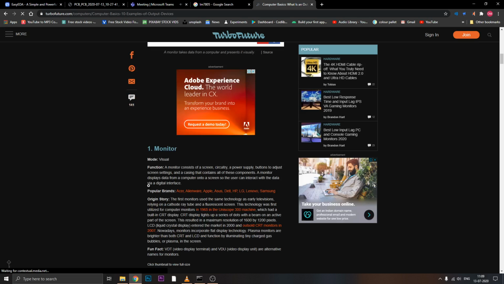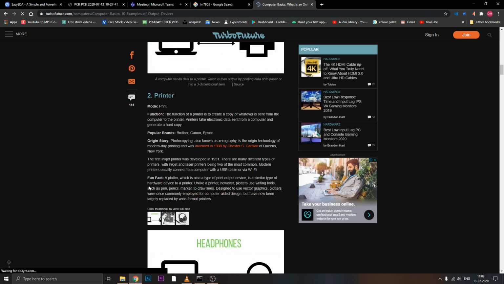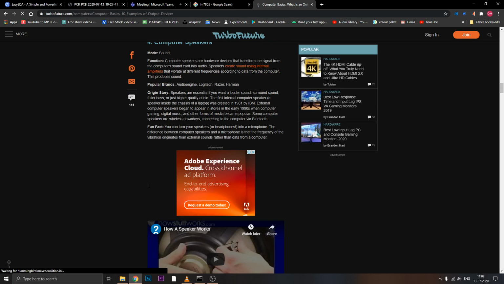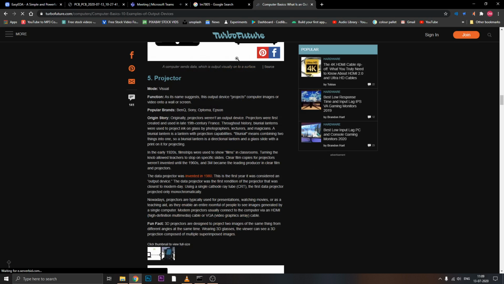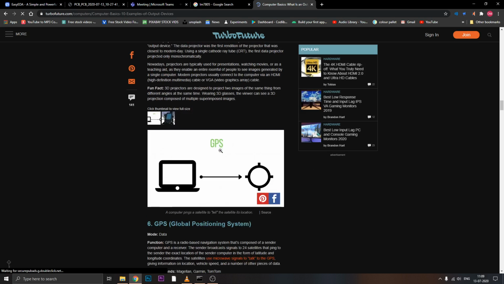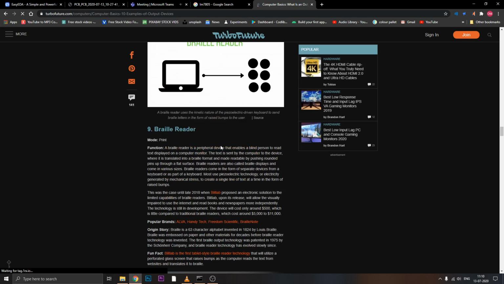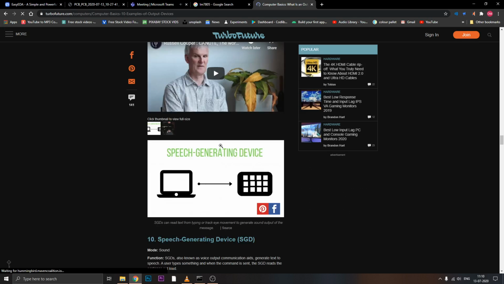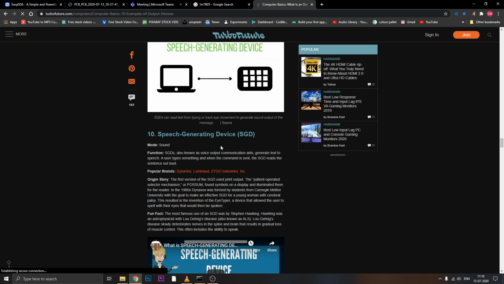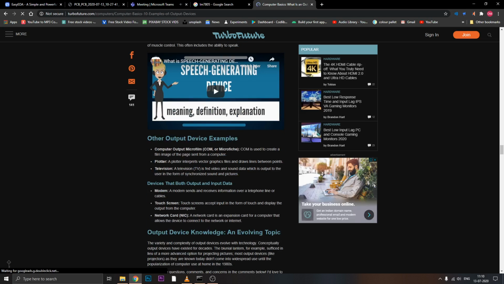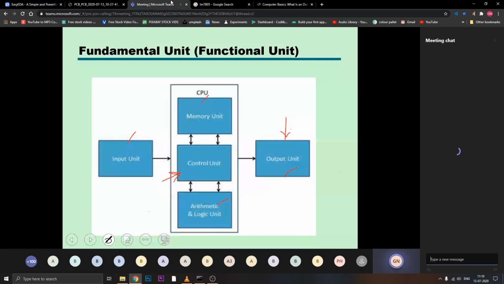For example, I can add plotters. Have you come across a plotter? A plotter is a device which plots a graph. That is also one of the output units. 3D printer. Yes, 3D printer, very good. That is something new. So a 3D printer is one of the output units, which prints a 3D output of a given input diagram, right?